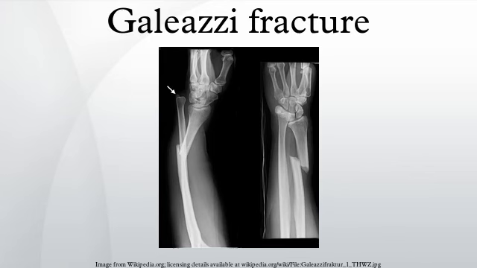The Galeazzi fracture is a fracture of the radius with dislocation of the distal radioulnar joint. It classically involves an isolated fracture of the junction of the distal third and middle third of the radius with associated subluxation or dislocation of the distal radio-ulnar joint. The injury disrupts the forearm axis joint.